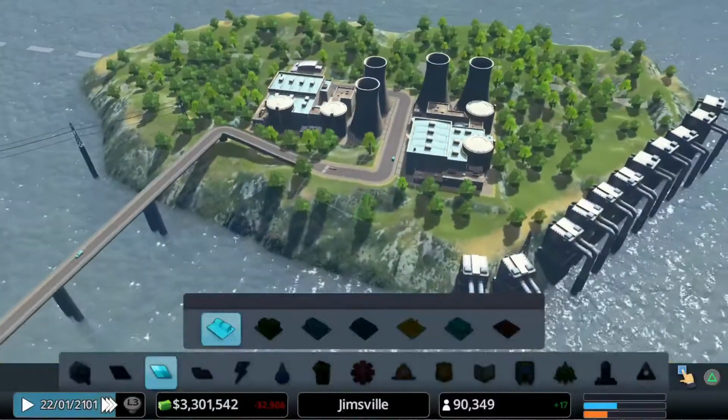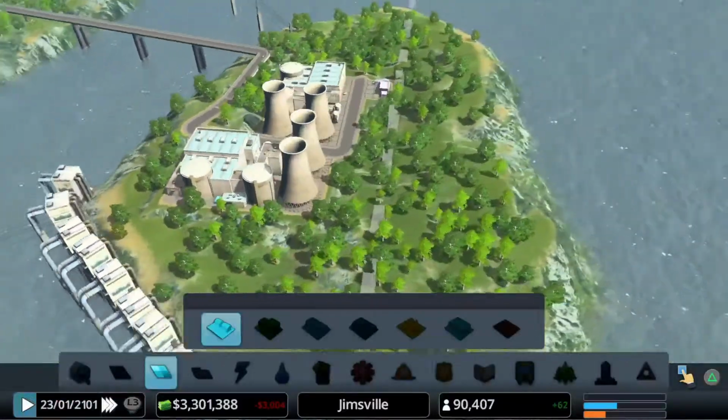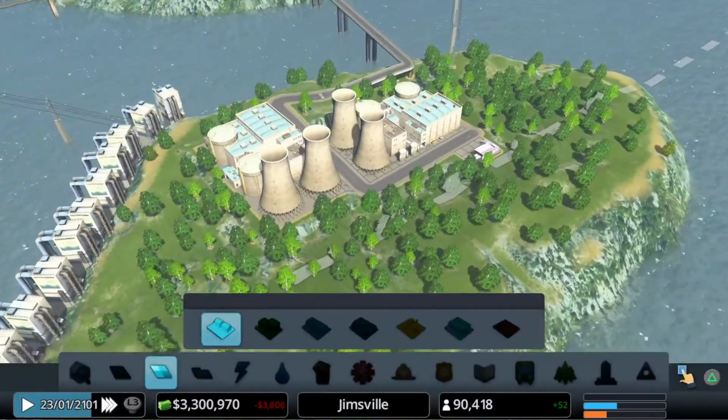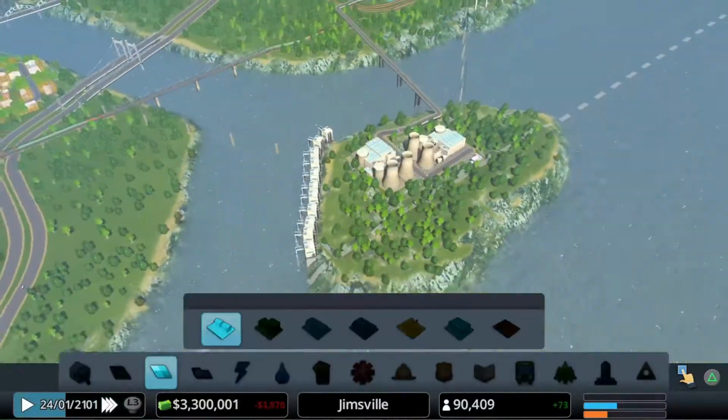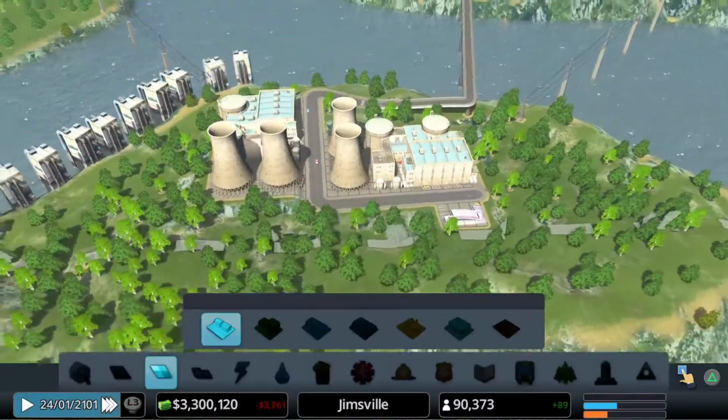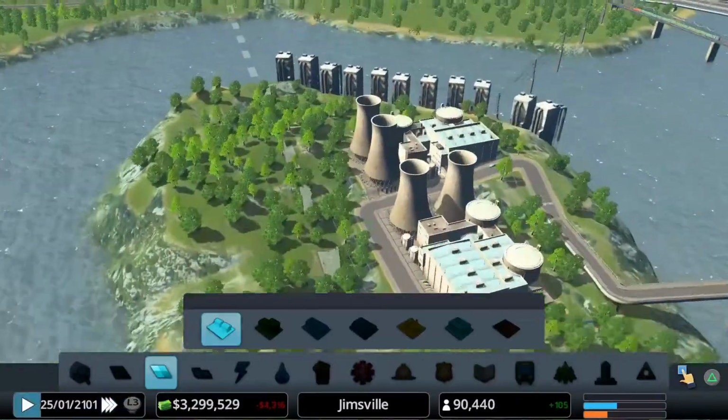I'm really tempted to name this 3 Mile Island just because it's got our nuclear power plants on it. Let me know what you think of that idea, calling this little 3 Mile Island. We could call it 300-meter Island or something like that. It's not exactly 3 miles, is it?